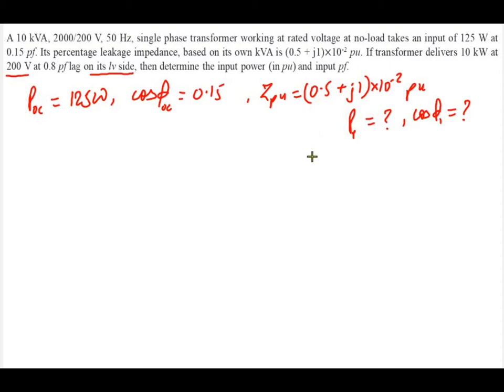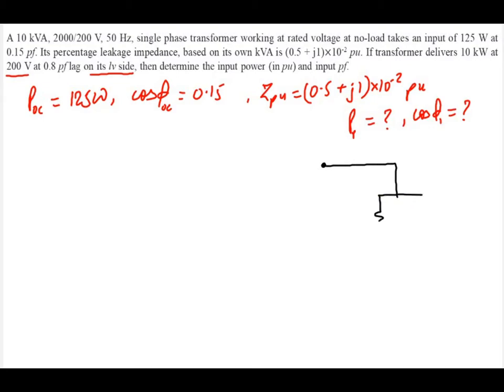So for solving it, first we need to understand how we can find out P1 and cos I1. P1 can be calculated by calculating the input voltage V1 and input current I1 at loaded condition. So at loaded condition, we need to calculate primary current I1 as well as the input voltage V1. So for that, first we will analyze the circuit of the transformer at no load. So at no load or open circuit condition, how the transformer looks like. The secondary side is open circuited, so primary side is only connected. So we can draw equivalent circuit like this.